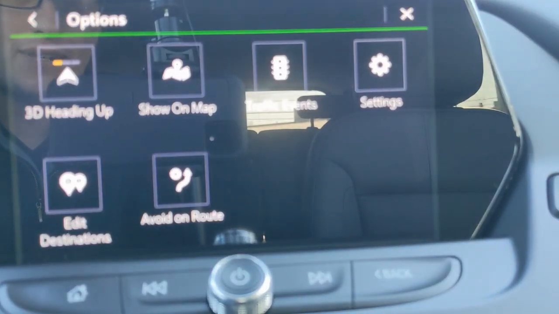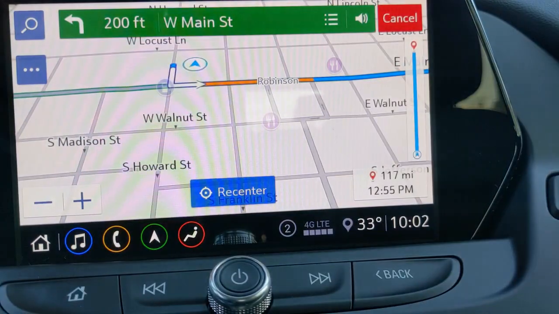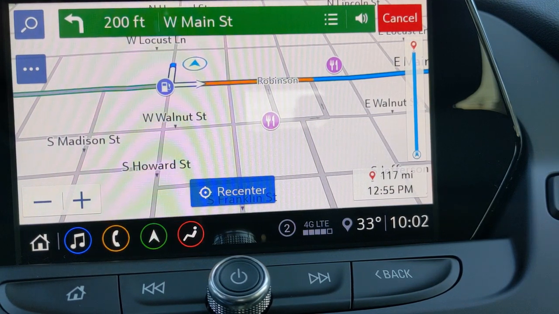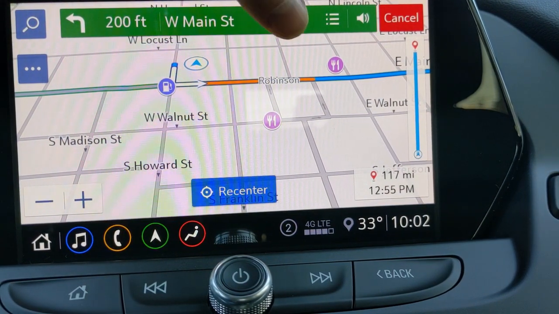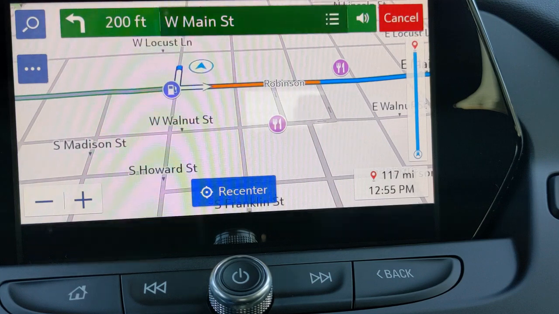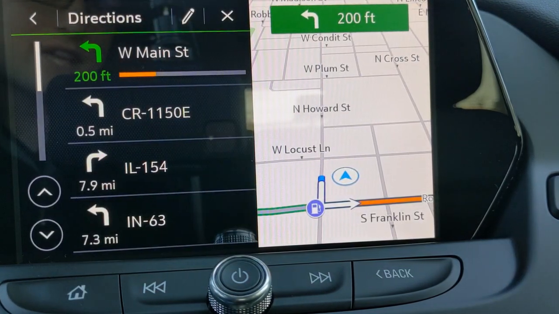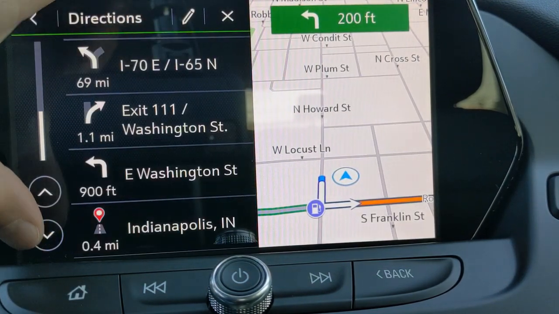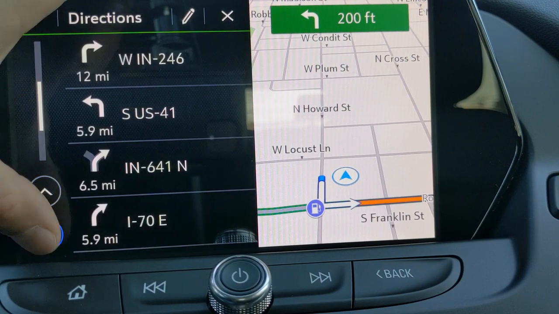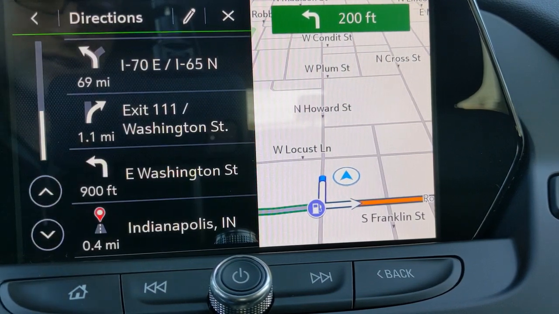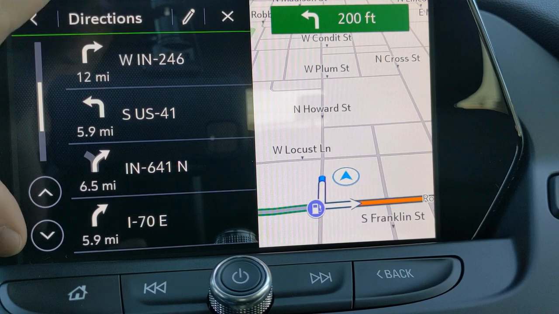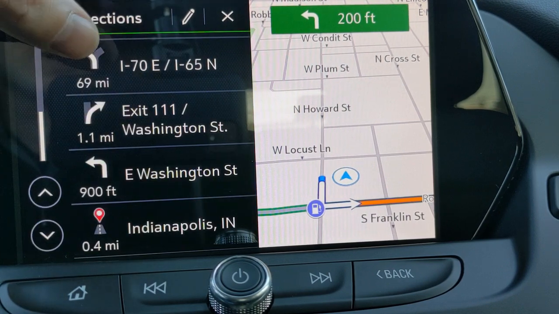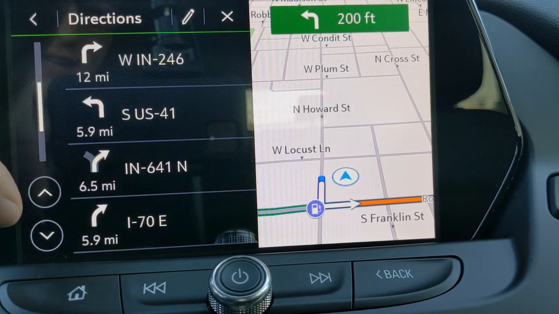Let's go ahead and go back again. And one last thing I wanted to show you guys real quick is right here on this 3 little line button. This gives you turn-by-turn navigation, so you can kind of see what is going ahead of you, so you know which exits you want to leave, which exits you want to take, and you know how far you have to go. So exit 111, I want to make sure I get ahead to start on that